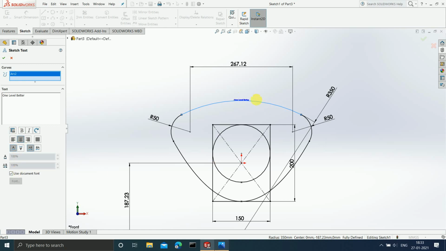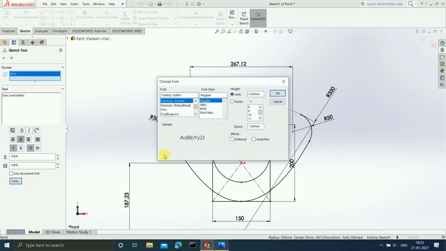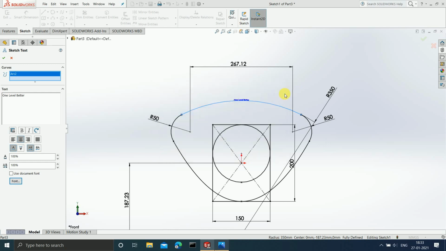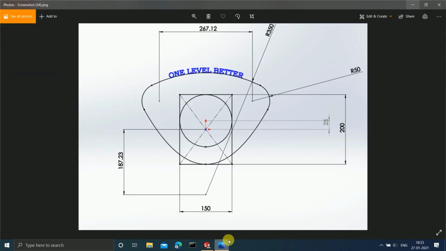Now after this, I am not satisfied with this font. Therefore, I want to make changes to this font. So I will deselect this option of use document font, and I will now select font. Now in this option, what I have given in the figure is selected is the Bookman Old Style, and the font style that I have selected is bold, and the units is 14. After this is done, I will now click on OK, and now you can see a very clear text, the same text that I have written here.